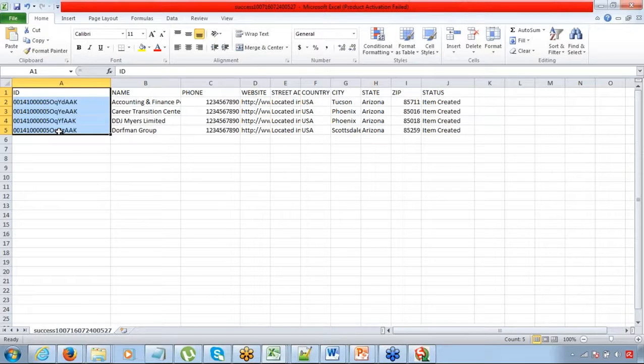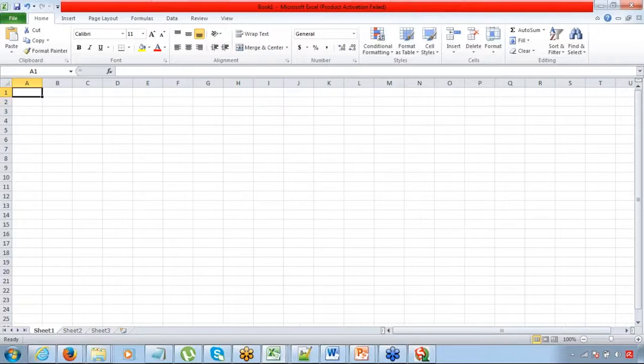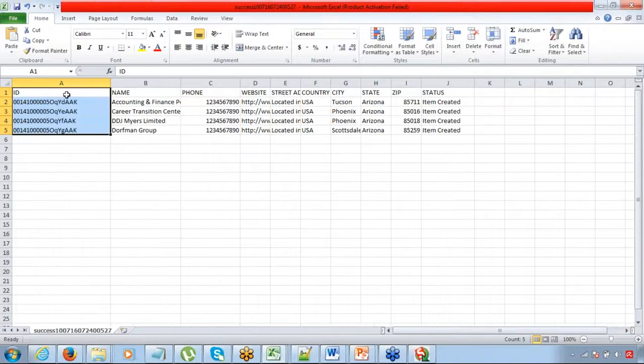Okay. So now for the update file, all that you need are the IDs of the records which need to be updated, and the field values of the fields which need to be updated. So let's say I want to update the phone number and country of all these records. So I can create a new file, and then in this new file,